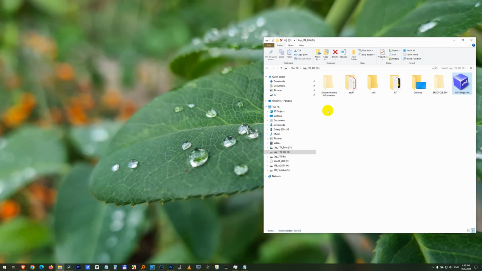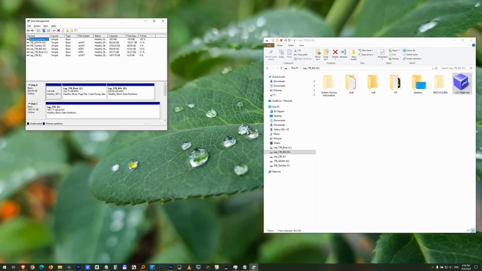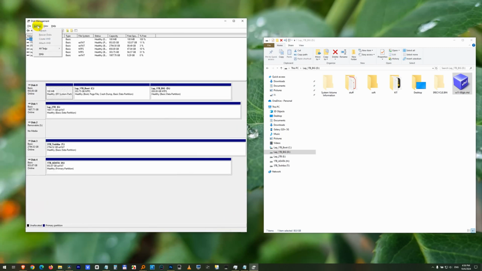You can mount the drive in a different manner also. Let's just eject drive F. You can mount it in a different manner also by right clicking the start button, right click, not left click, disk management, action. If these are grayed out, then simply click here, let's say there on an empty area, action, and attach